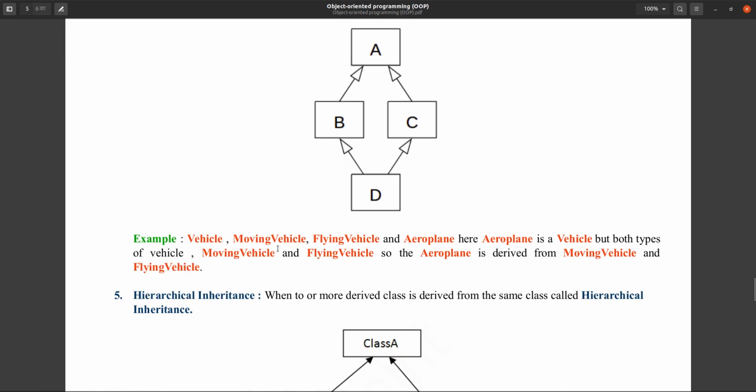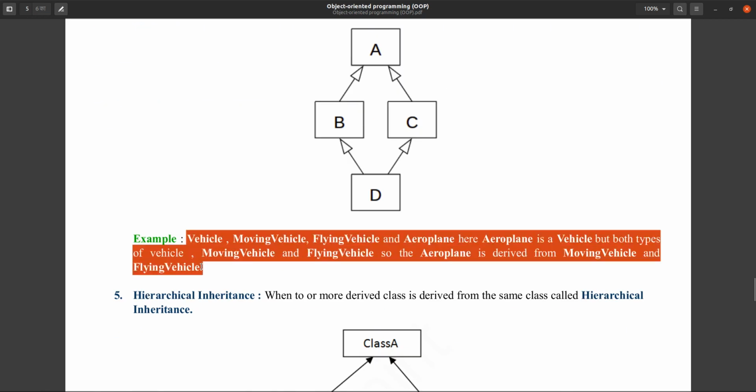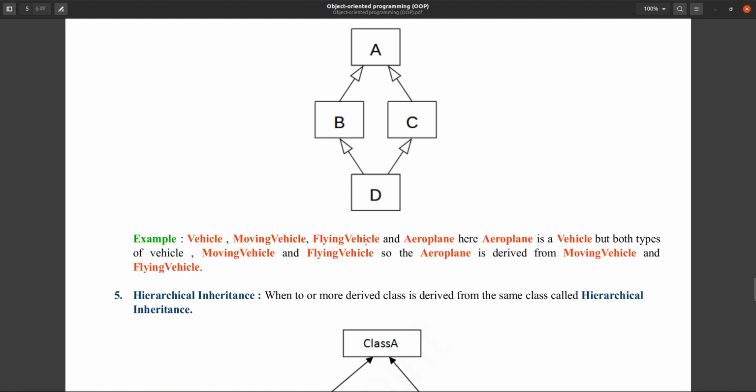multi-path inheritance. In the multi-path inheritance, we have seen this example. Aeroplane is a vehicle, and aeroplane is a moving vehicle also, and aeroplane is a flying vehicle also. But what if we add helicopter here also?